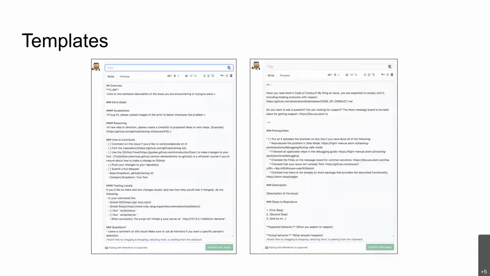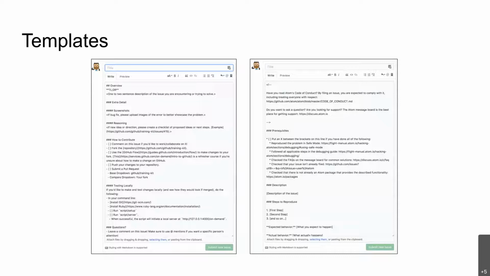To make things standard, you can actually create templates. So a random developer from Asansol cannot just start writing a spec or writing a bug requirement just like that. There will be standard templates that they can use to fill in, right? So this actually helps an open source project maintainer standardize a lot of things.